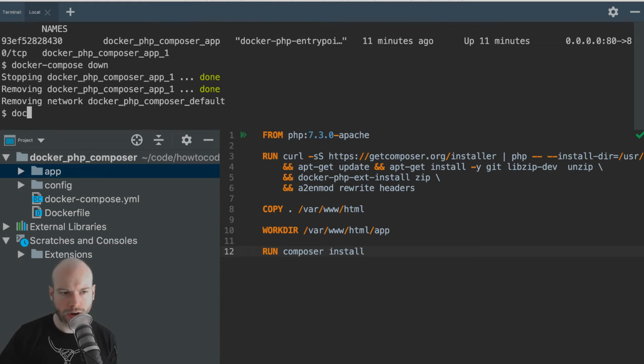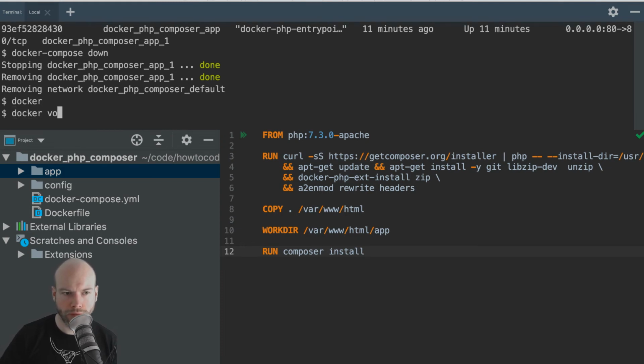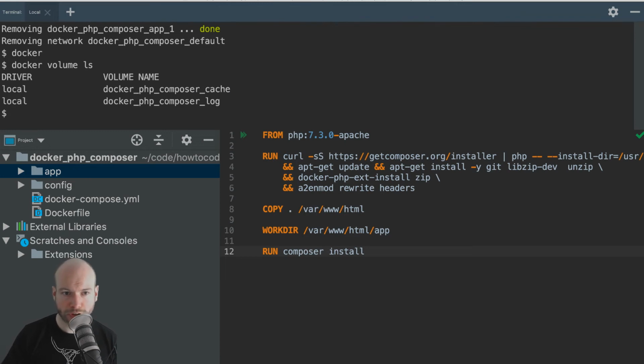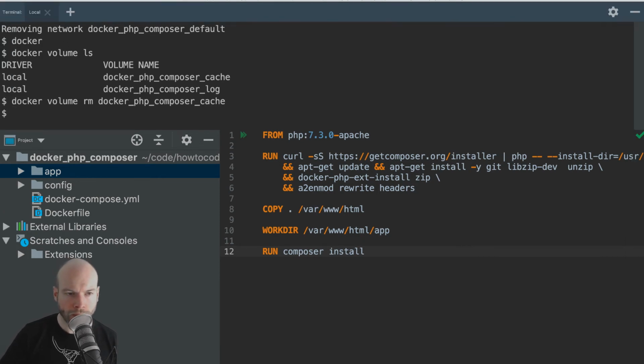Remember, we still have the volumes. Let's just do a docker volume ls. So we still have those volumes. Those volumes are still intact. If I wanted to, I could do a docker volume rm, if I can spell it, and we can remove that one. It doesn't really matter. And the other one, I shan't do that though, not yet. So let's just build these up. So let's just do a build.